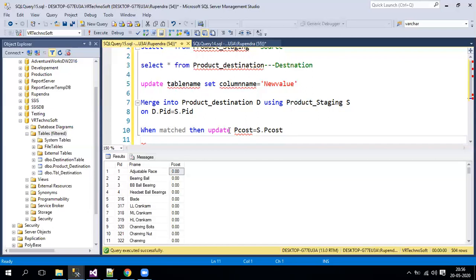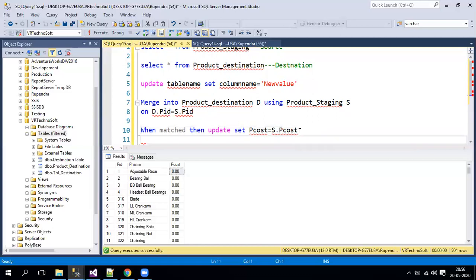Yeah. So here we just need to put the set statement, that is why it is throwing an error. No table is required here, we just need to put set and destination column equals to source column. And then we can update multiple columns as well here. If there is a change in the product name also, we can just put product name equals to s dot product name, that is also fine. So we can update more than one column.